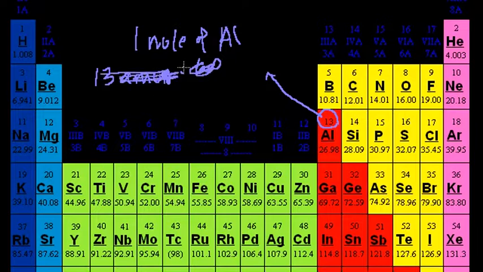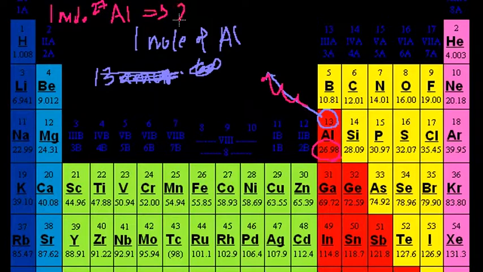That'll probably just confuse you. The easy way to think about it is if you have a mole of an atom, you take its mass. Actually, I was taking its atomic number. That's not good. You take its mass number. In this case, let's say it's 27. So we're dealing with aluminum 27. You take its mass number, and if you have 1 mole of it, then the mass of that will be